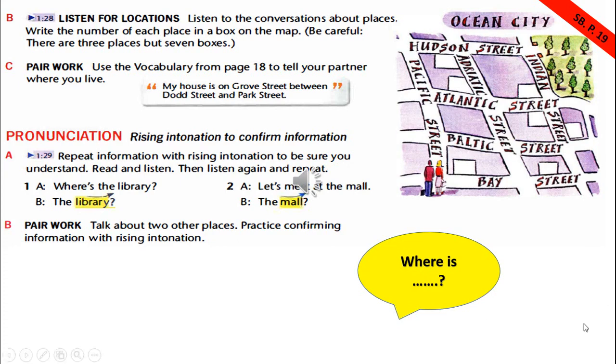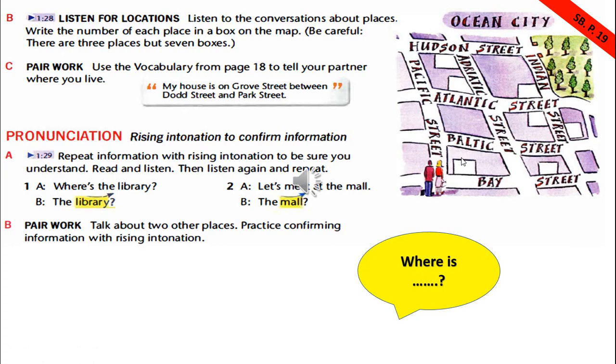Can you see, the man and the woman are here, and here we have streets, and here we have boxes 1, 2, 3, 4, 5, 6, 7. I have 7 boxes and I need to identify only 3 places.